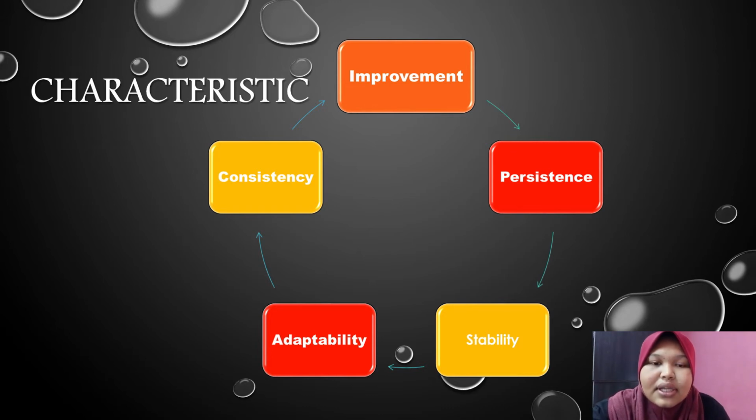The last one is adaptability. Is performance more adaptable to a variety of contexts? Improved performance is adaptable to a variety of performance context characteristics. The context can vary based on the individual, for example emotional state, the task, speed or distance of movement, or the environment, and so on.